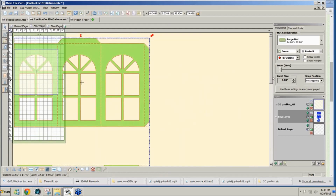So I'm just going to drag that up until I see that I have a width of my squares lining up with these little pieces. Now maybe an easier way to do it would be to split these pieces first, but I really want to make sure everything is totally resized properly. So what I'm going to do now that I have it the size I need it to be is,